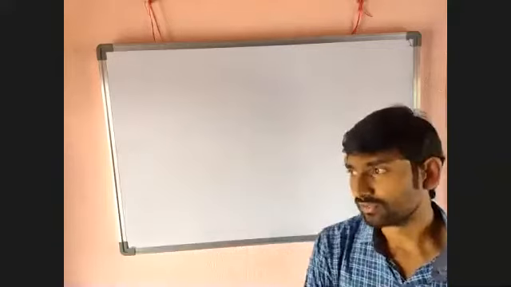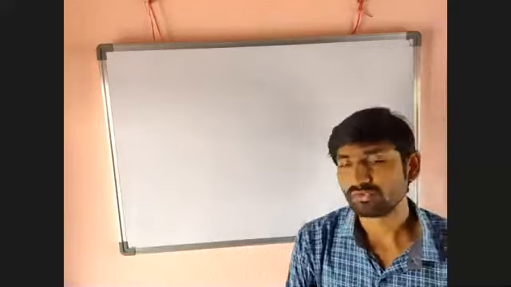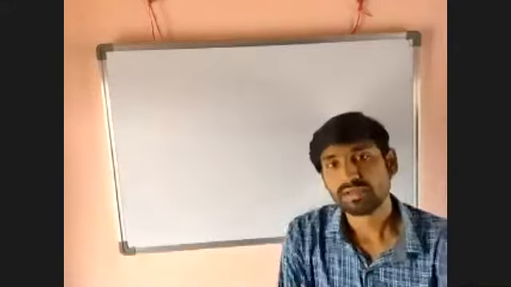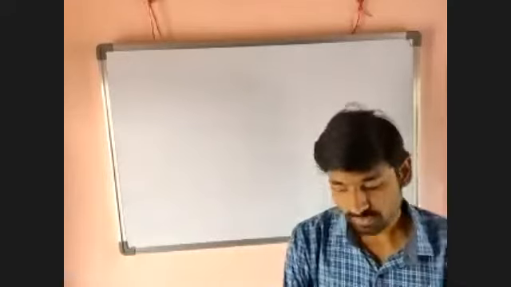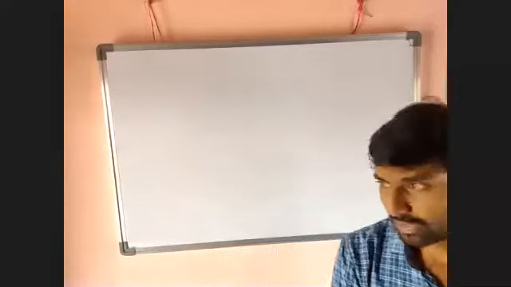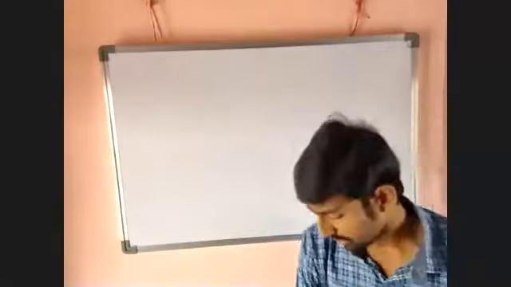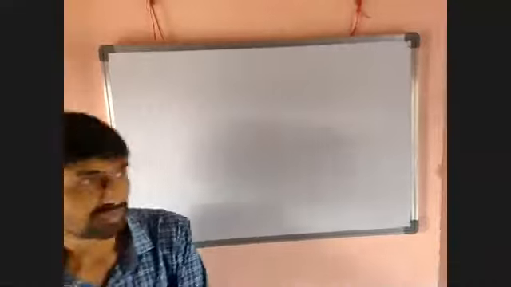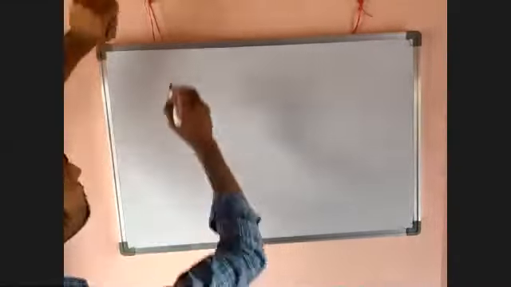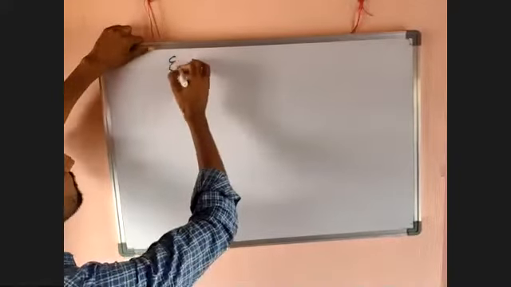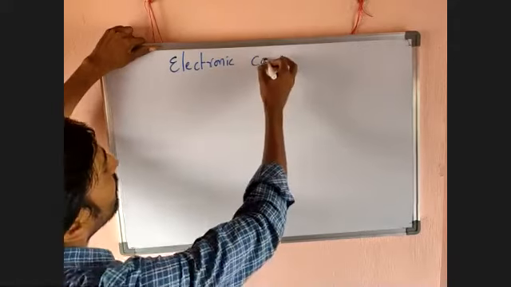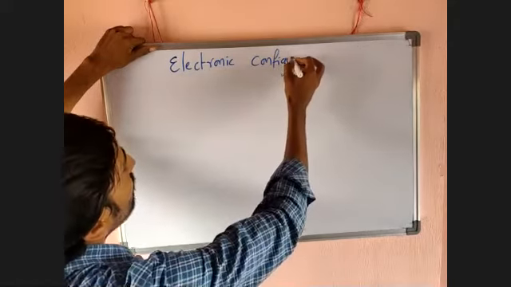Then after that, we discussed quantum numbers. Actually, there are 4 types of quantum numbers: principal quantum number, azimuthal quantum number, magnetic quantum number, and spin quantum number. Up to there, we discussed it like that. Then I think the last aspect, a small aspect in the atomic structure of atom, is the final aspect: electronic configuration.